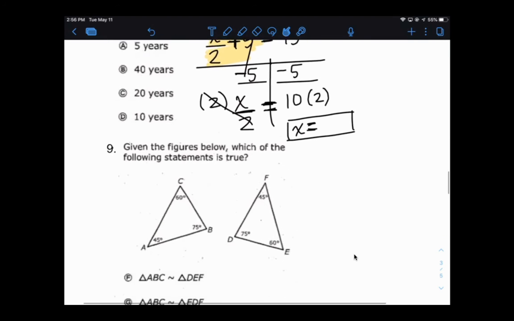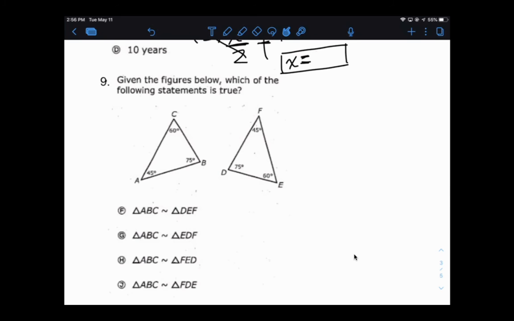And the last question of this video is number 9. Number 9 says, and this is interesting, not complicated, but interesting: given the figure below, which of the following statements is true? You might be thinking, what? I said, look, here,